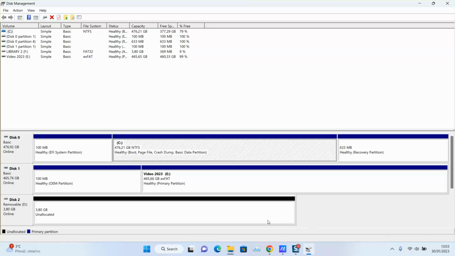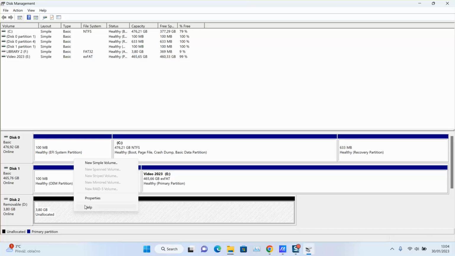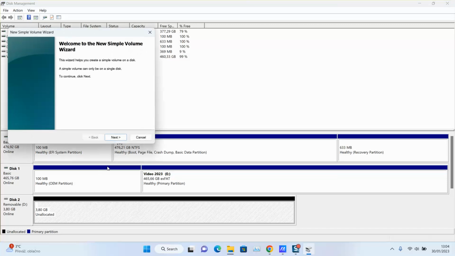Wait until all the disks have been loaded. As you can see, all the disks have been loaded, and here I have my disk, which is my SD card, not showing. It says unallocated. Click on the black side, click with the right button of the mouse, select New Simple Volume,